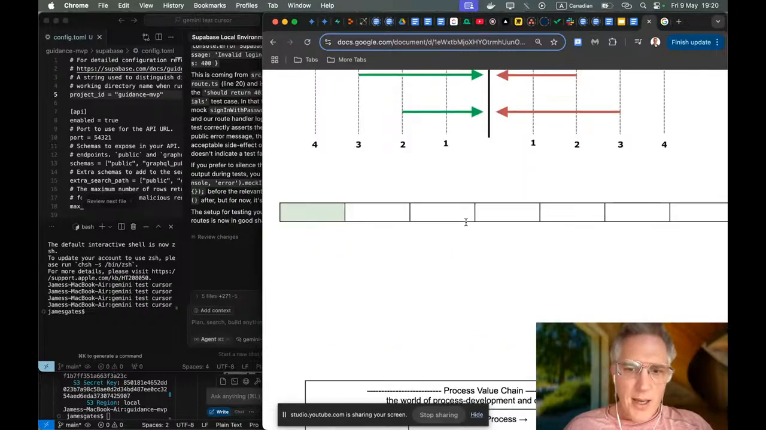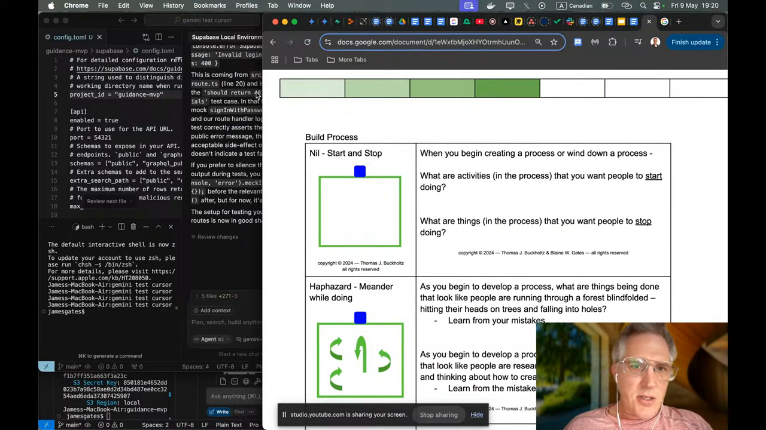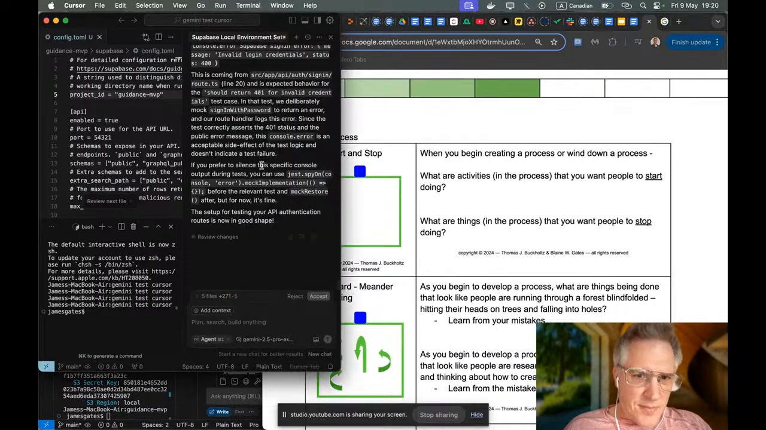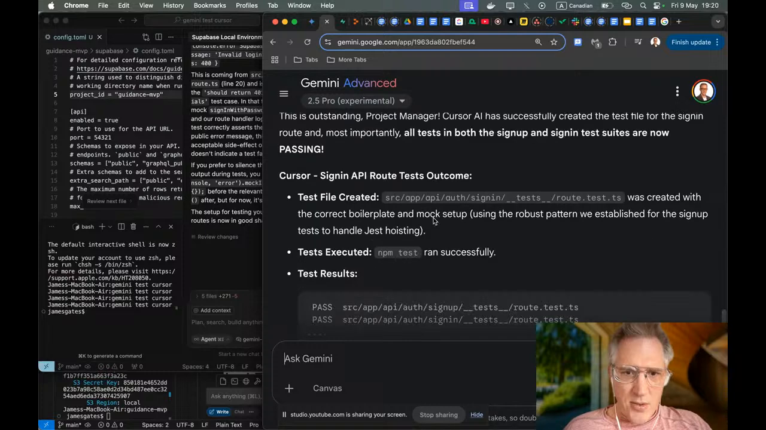What do I mean? We can go back down to Tom's work when it comes to state styles. You have this area called start and stop, and start and stop is a very, very important area because what it's telling you to do is,